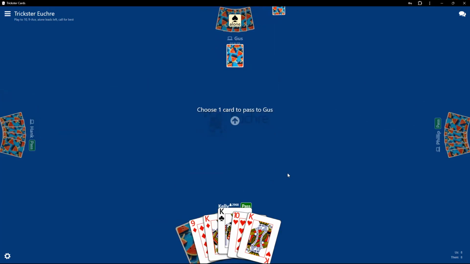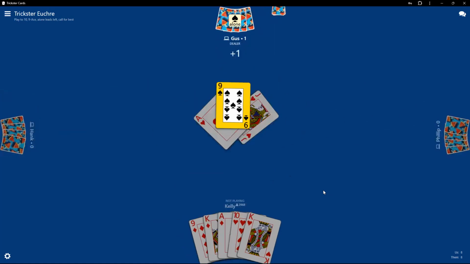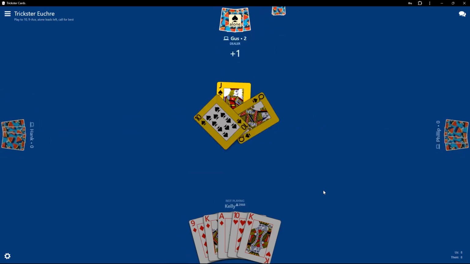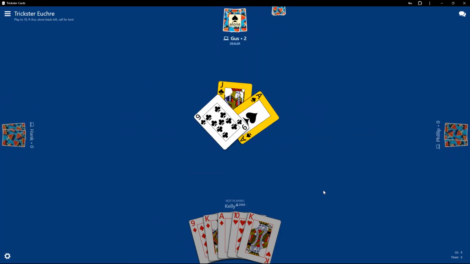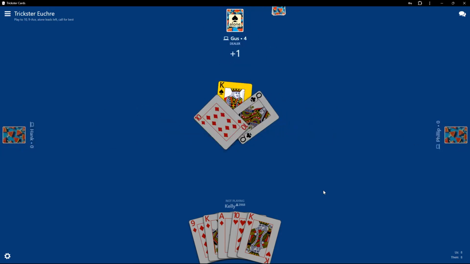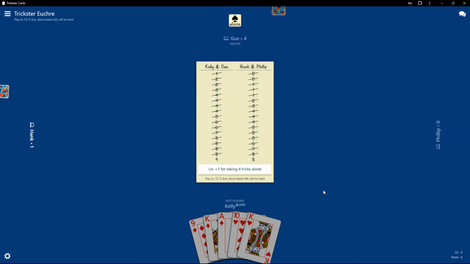My partner's going alone. See, and that's another thing. Sometimes skipping or passing, you think, I'm going to try alone. I think, no. Sometimes you prevent your partner from getting a loner hand. You never know, of course, because you don't see it. But giving me an ace is a good sign, isn't it? That means they're short suited on anything else. There's no way they'd have another card in their hand that's not trump that's less than an ace. That's just something you automatically know. Oh, that's a nice way to end the game. Oh, no, they got one trick.